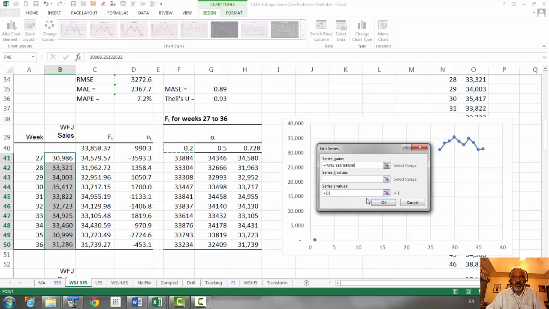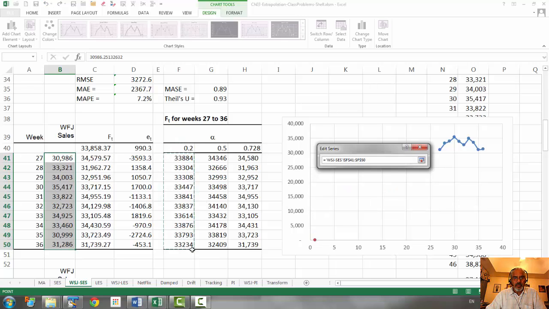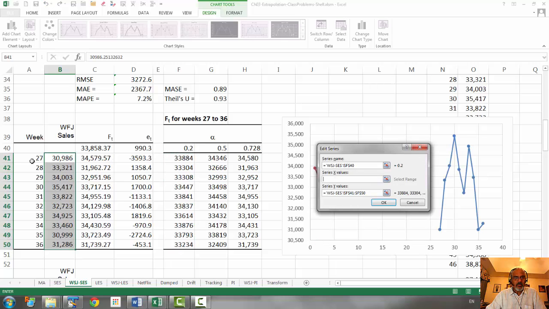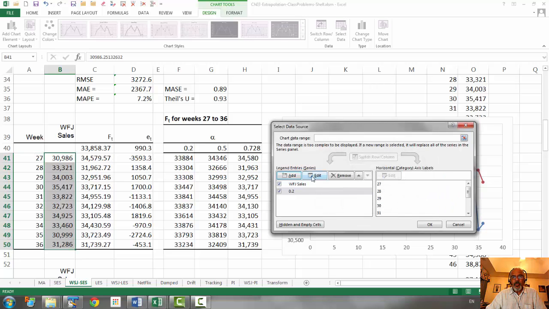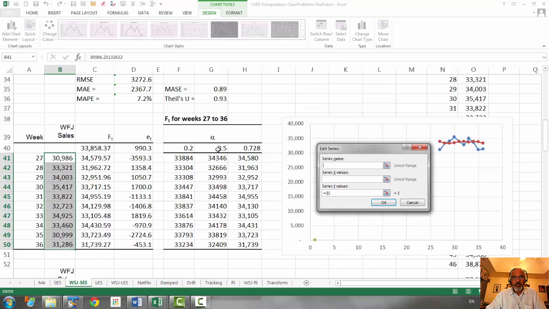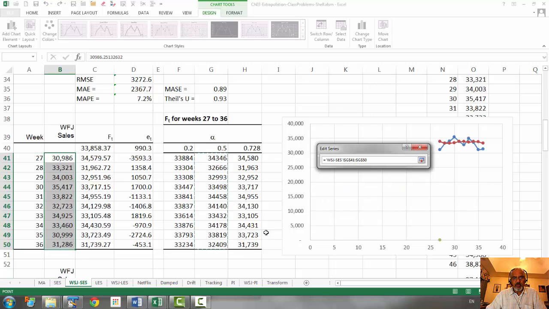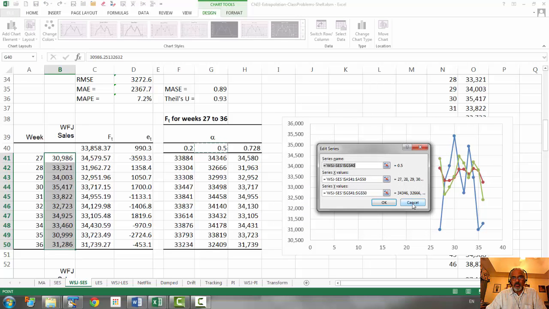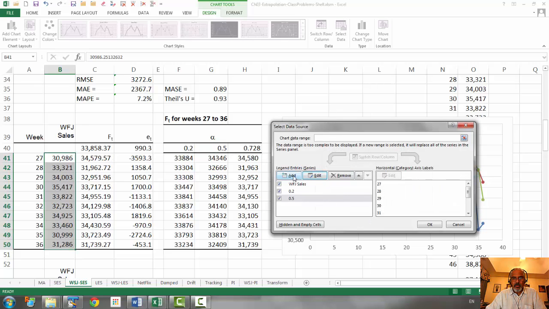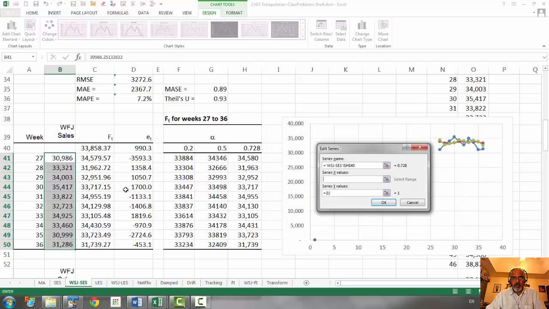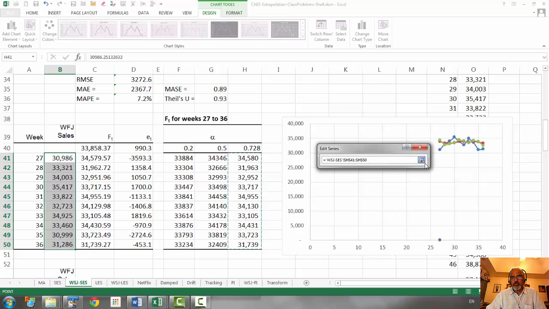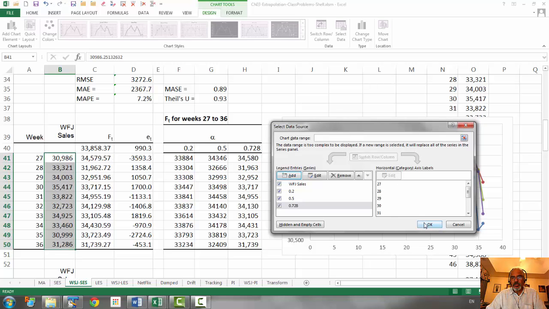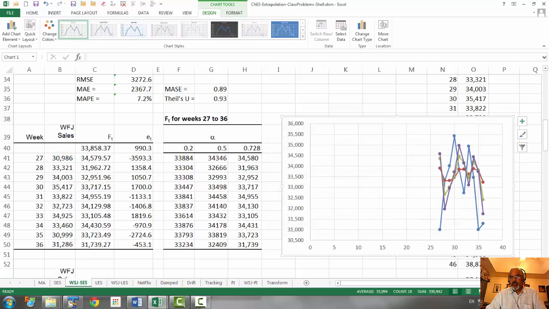We add that and that, and add y values these, and then add. Okay. So now we need to do some